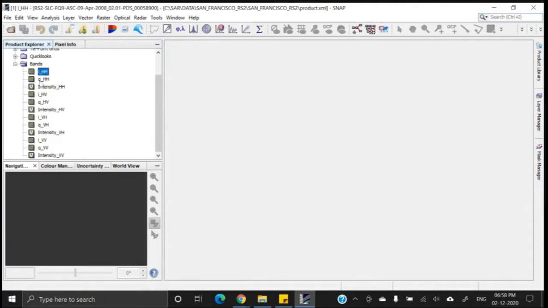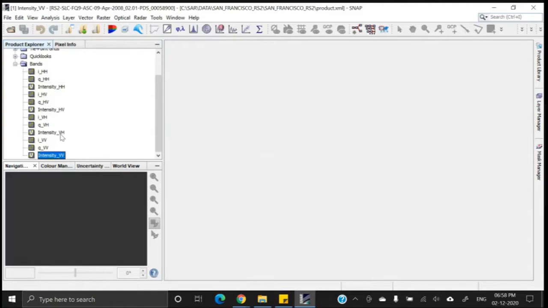We have 1, 2, 3, 4, 5, 6, 7, 8, 9, 10, 11, 12. That means 3 times greater than the number of images. The reason behind it is, you know, for each and every polarization, you will have 3 images.